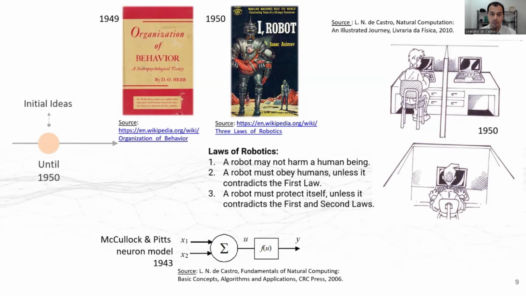Until the 50s, a number of milestones happened in the field of artificial intelligence, and I want to start presenting you the 1943 model of a neuron. This was proposed by McCulloch and Pitts and became known as the first mathematical model of an artificial neuron. McCulloch and Pitts designed this model so that it could simulate logic gates. For example, the logic gate AND or a NOT, all of them could be simulated in this very simple mathematical